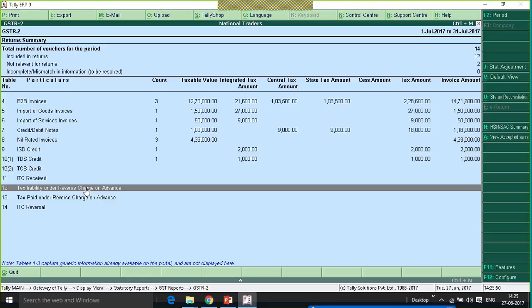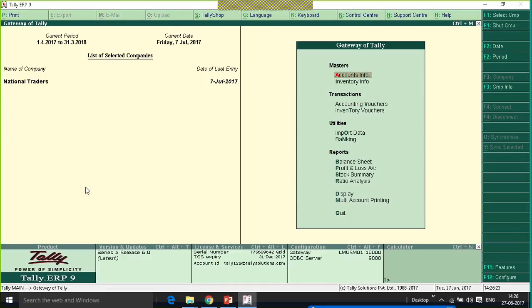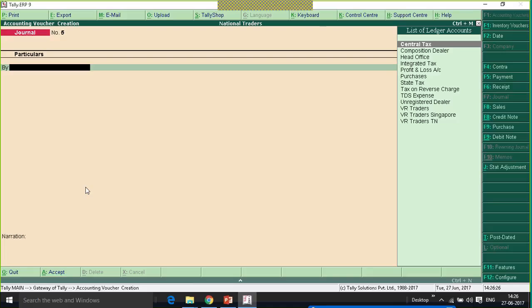And after making the advance payment to the unregistered dealer, we need to raise the liability on such payment and make the tax payment to the department. So after making the tax payment to the department, once we receive the goods, after receipt of goods, we have to avail the input tax credit. So let us record these transactions now. I'll record an advance payment to my supplier who is an unregistered dealer.